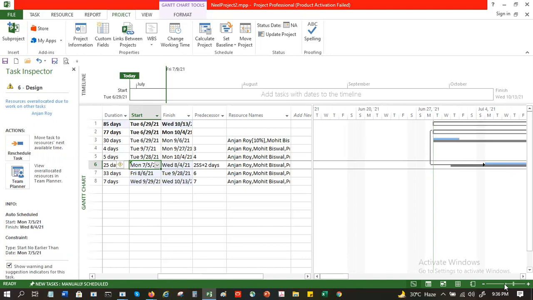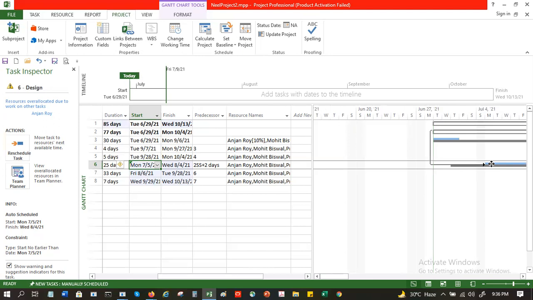You mean to say the Gantt chart will be able to show that? Yes. See, the Gantt chart was supposed to start on Wednesday, and now it is starting on a Monday. Sorry, the baseline says Thursday. As per the baseline, it was supposed to start on 1st of July, and instead it is now starting on 5th of July.